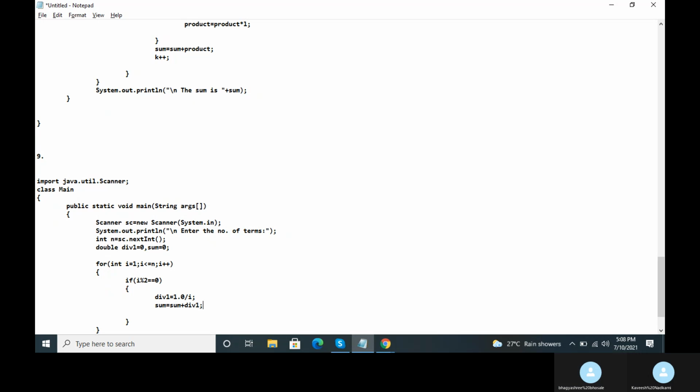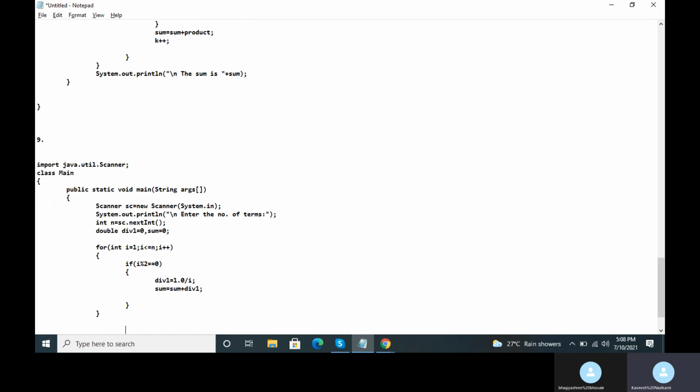Then the control will enter the body of the if block. We are calculating 1 divided by i and storing it in the div1 variable. Then we add the current value of div1 to the current value of the sum variable, and the addition is stored as the new value of the sum variable.